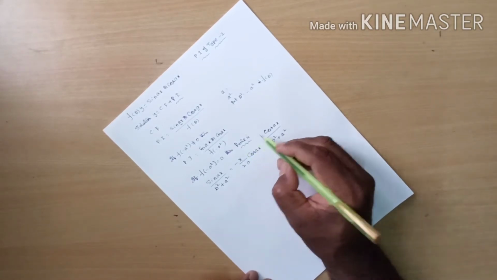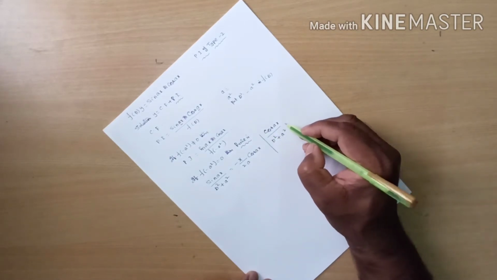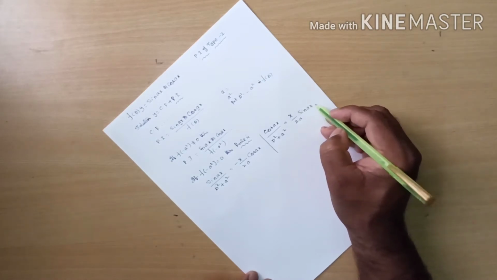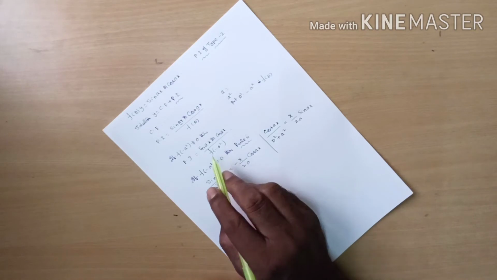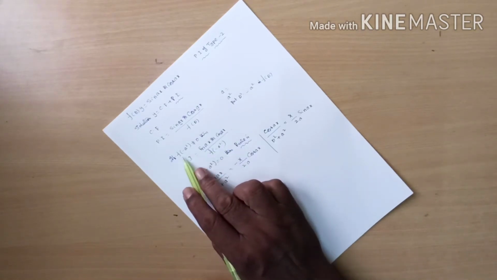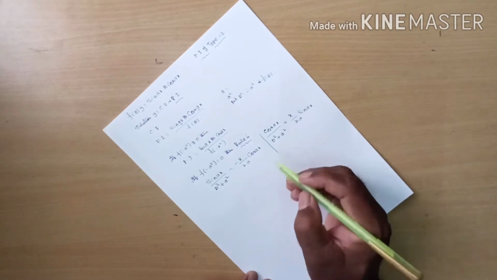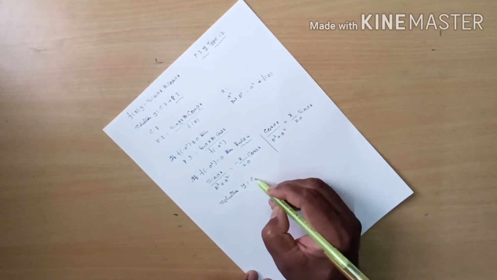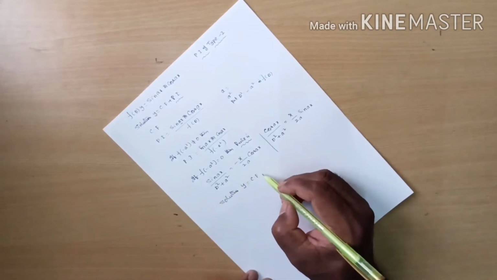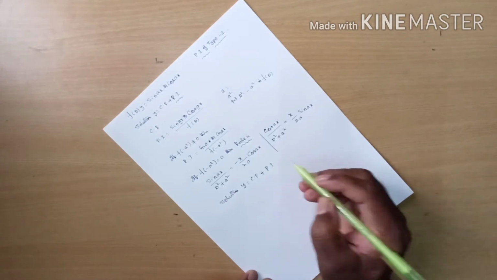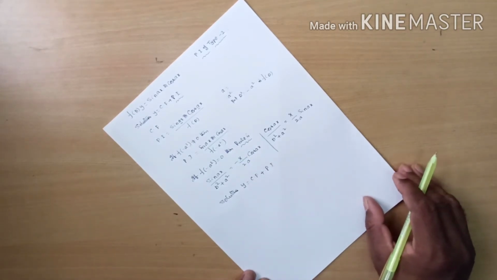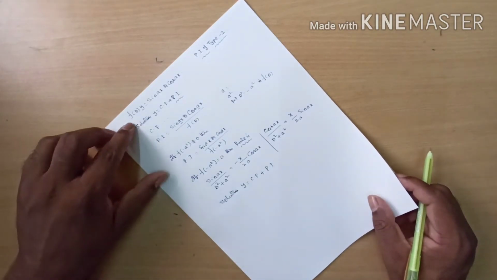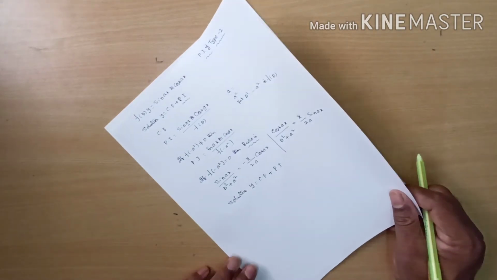Then you can apply the rule. What is the rule for cos ax by D square plus a square form? x by 2a into sin ax. This is the rule for sin ax or cos ax if f of minus a square is equal to 0. Then finally the solution is y is equal to, first you find the CF value by the usual method. Next PI is the solution. This is the process of finding the complementary function and particular integral for f of D into y is equal to sin ax or cos ax type.